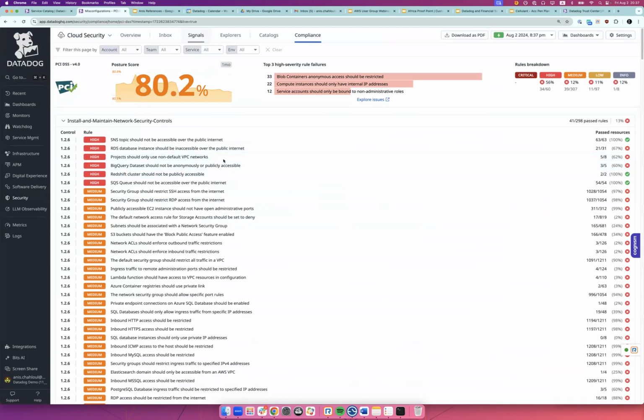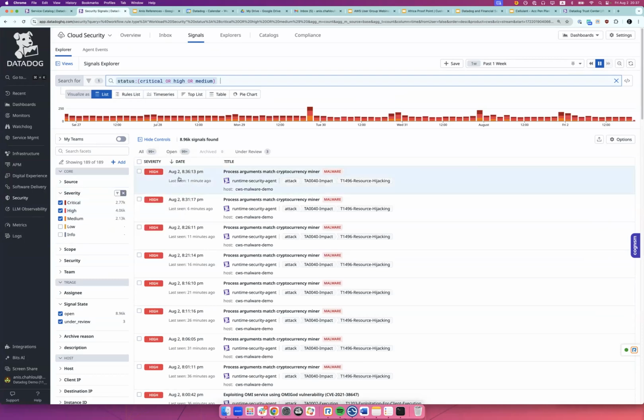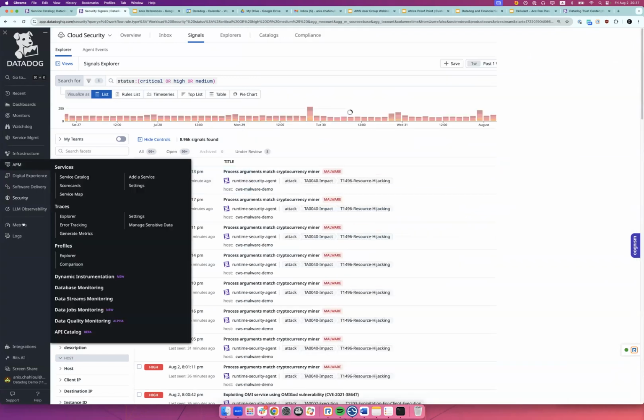You can also see the signals, classify the severity, and understand what's happening from a security perspective as well.